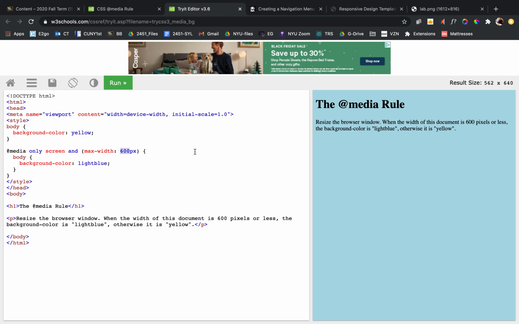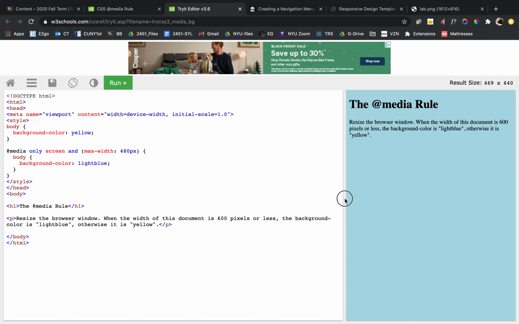Complex websites, large-scale professional websites, will have multiple media queries for low-budget phones, for high-end phones, for tablets, for TVs, and so on. But overwhelmingly, our focus will be on just one media query that creates a new style for phones. So I'm going to change the breakpoint to 480 pixels and hit run. And when I do that, the media query element has to be resized so that it's smaller before the